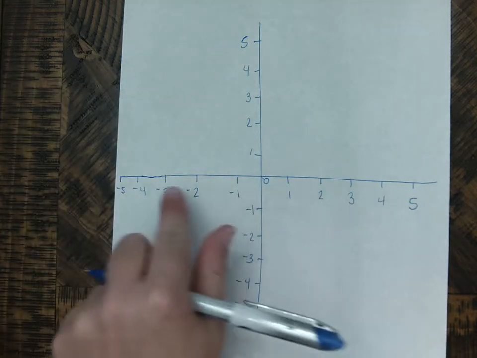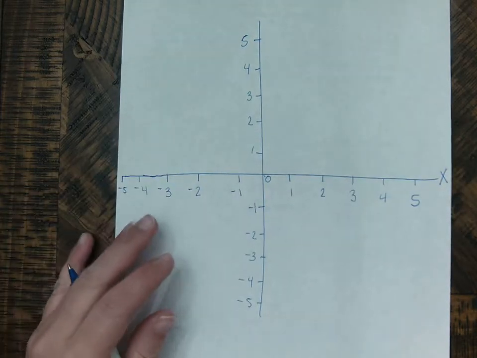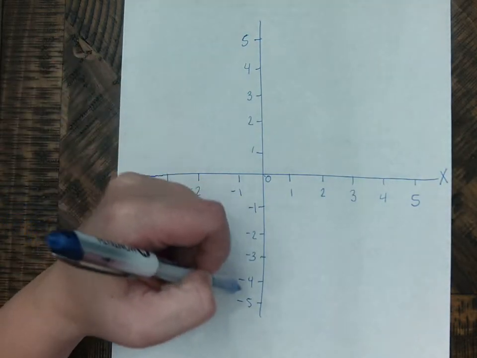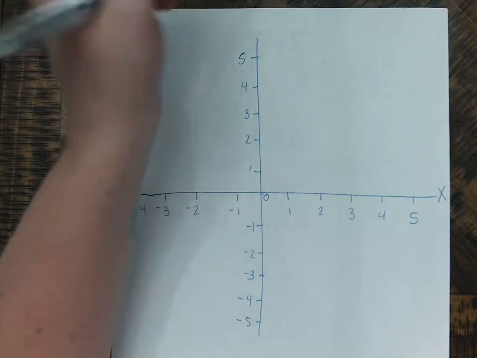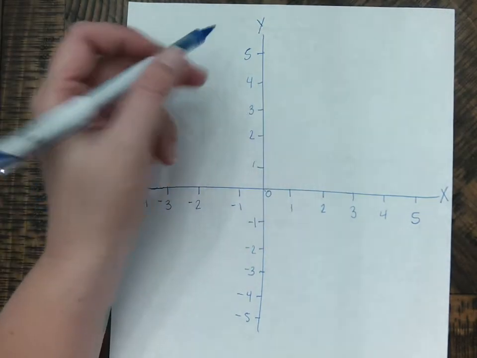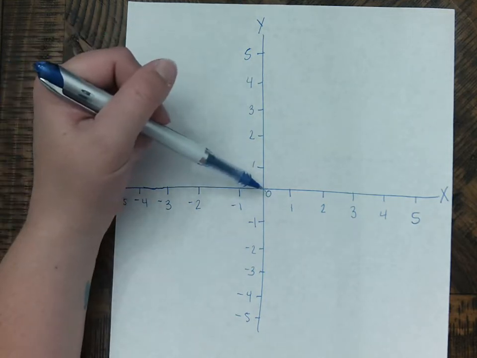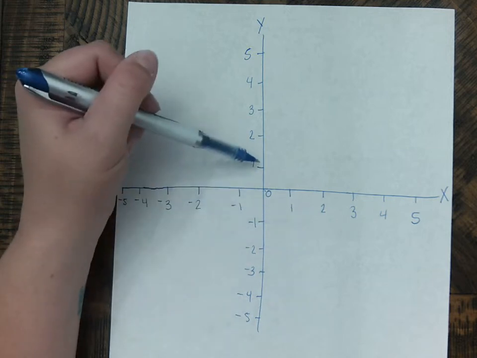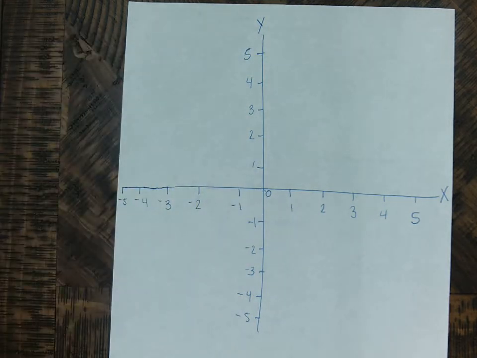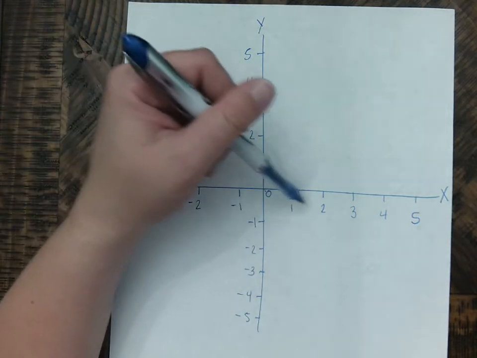So I have a horizontal and a vertical line, and the horizontal line is x. Okay? Now, when I look here, I have what's called the vertical number line, which is y. So these are my x's and my y's. So the vertical number line, notice here is 0. My negatives are down here, my positives are towards the top. Think of a thermometer, one of those vertical thermometers that you've seen before. Okay? So if I look over here,